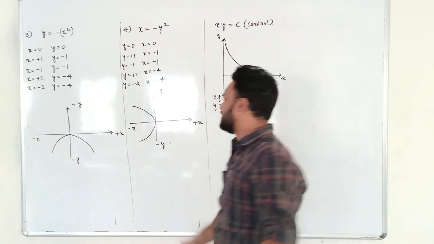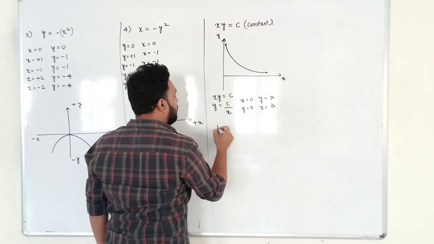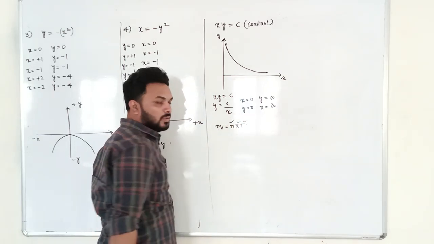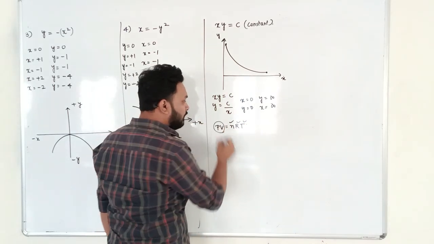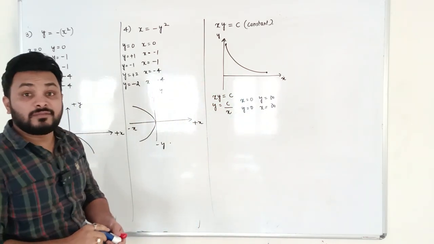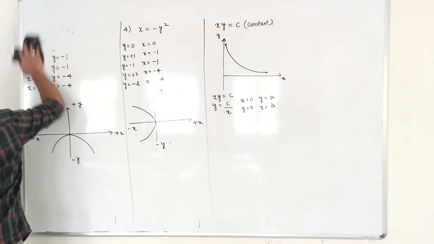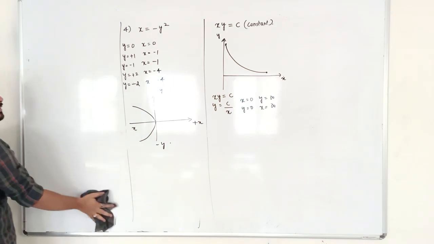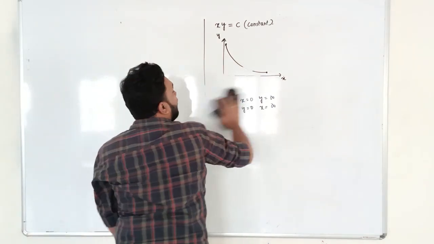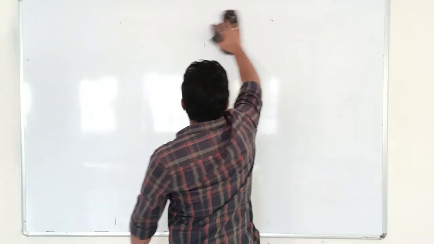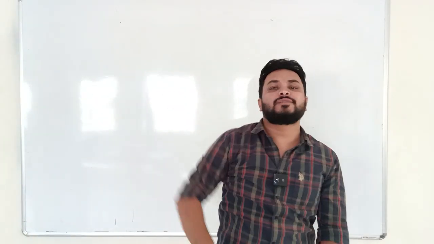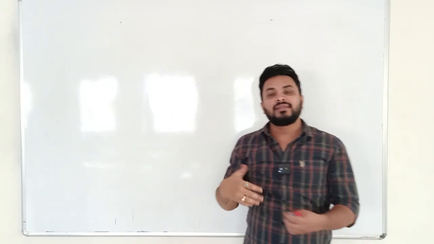So what is the example? Suppose PV equal to nRT, where RT is a constant, n is a constant value. If we take the graph of PV, then it will be a rectangular hyperbola. So like this we need to understand the basic graphs, how exactly we are drawing the graphs in terms of straight line, ellipse, circle, and parabola. Parabola is very important. Then in terms of rectangular hyperbola. Clear? These are the graphs we need to understand before moving into the second year part,